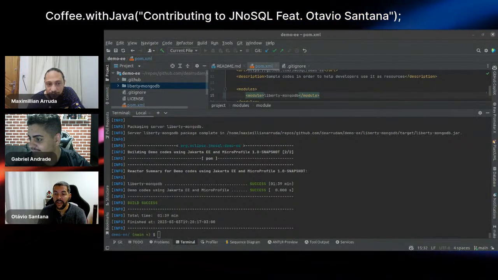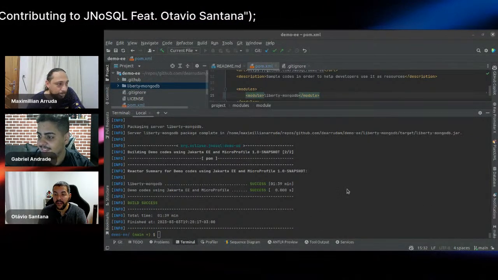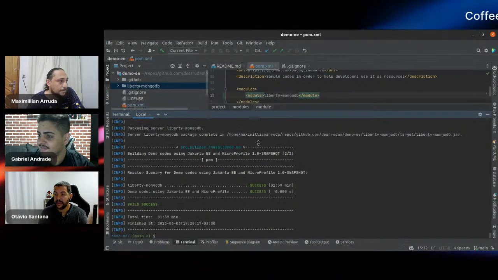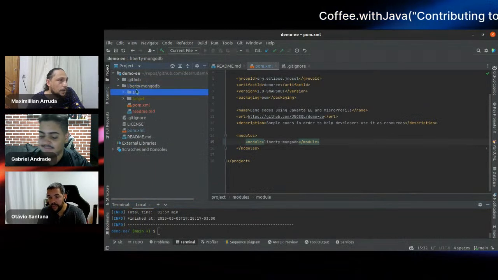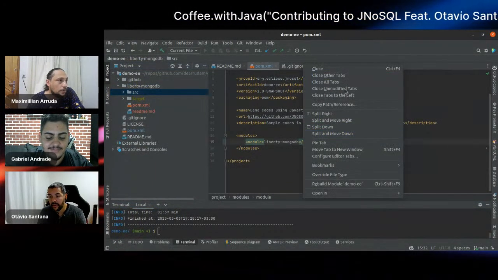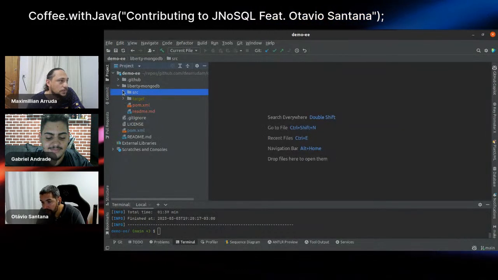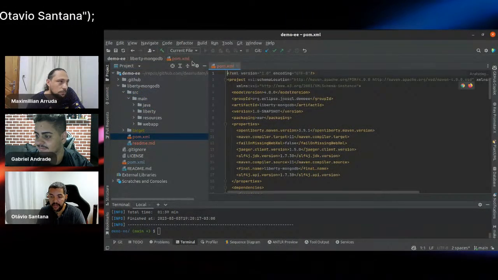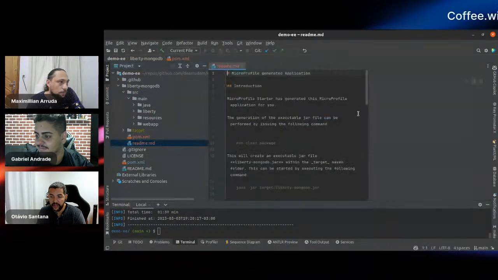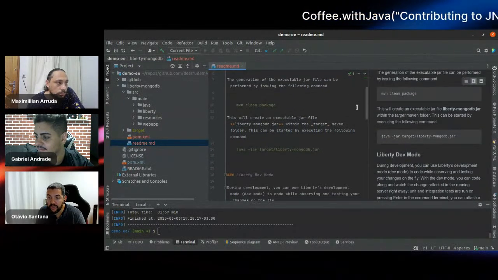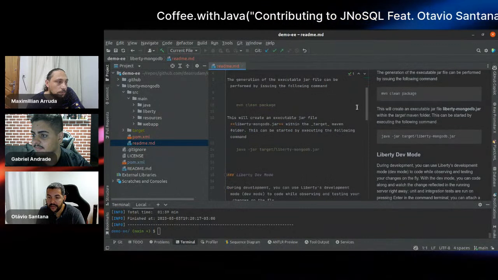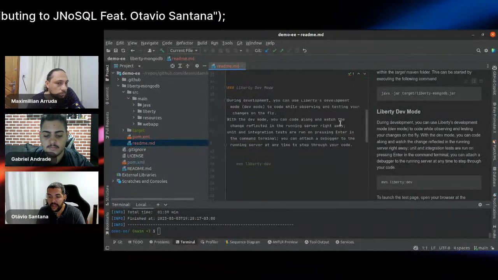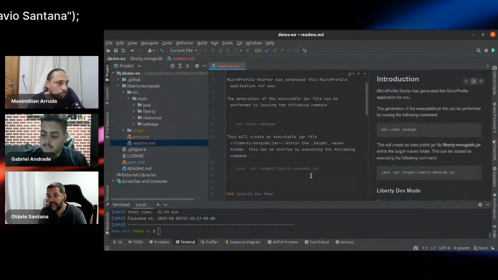So what we can do right now is open only the OpenLiberty. So by the IDE, if you wish, I will close everything right here just to keep it clean. If you go to the README file, for example, the README file has instructions to run OpenLiberty. So you compile it, and right now just execute java -jar, and then